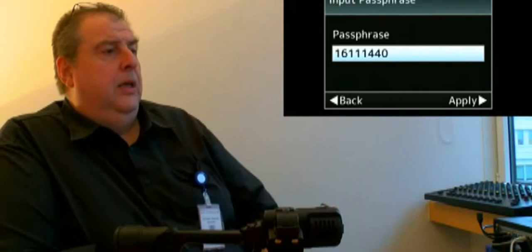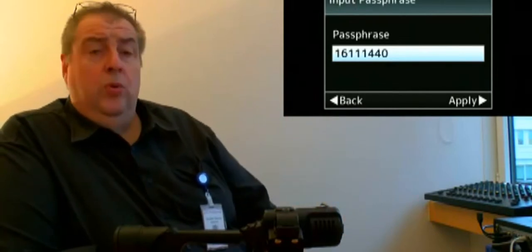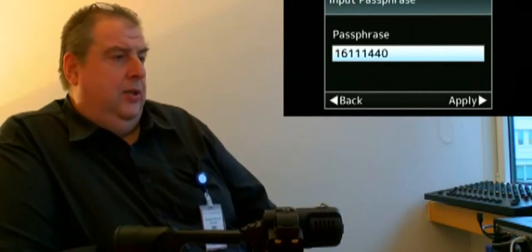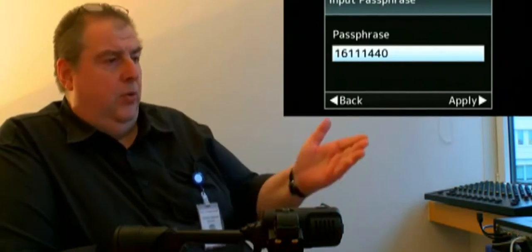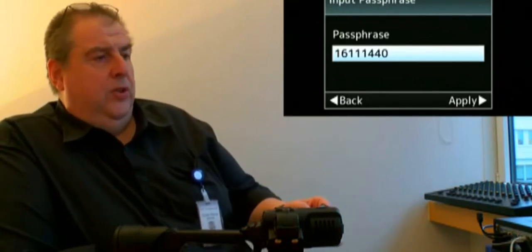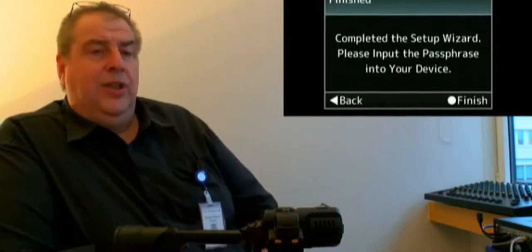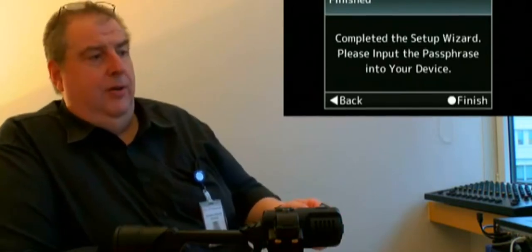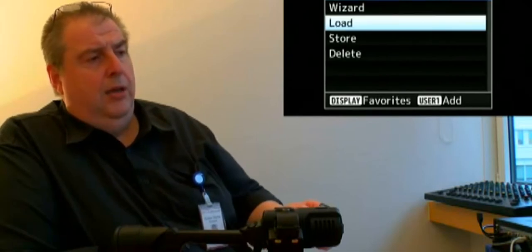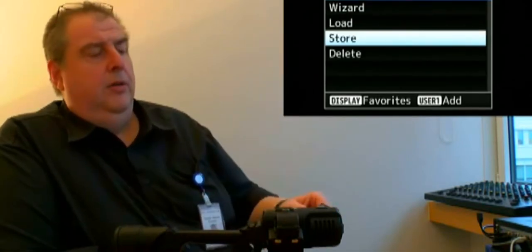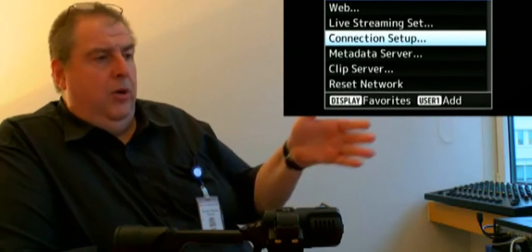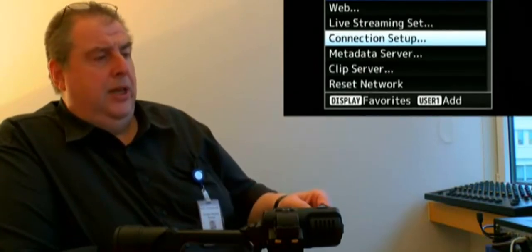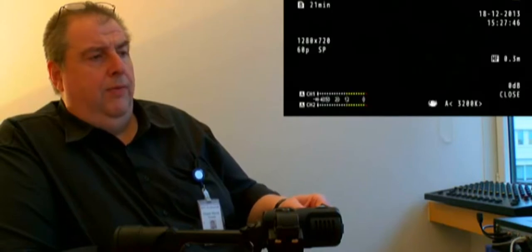like a router. Of course, we have a WPA2 web key functionality in this camera. When we make a point-to-point connection, this is the phrase or our key. I'll leave that also in this way. And then our setup is rather finished, very easy to do. So if you like, you can store it or whatever. That's our website. Well, before we go to the live streaming setup, let's have a quick viewpoint